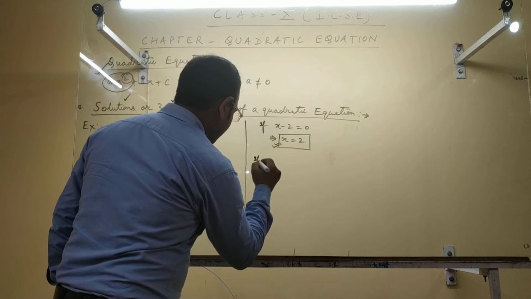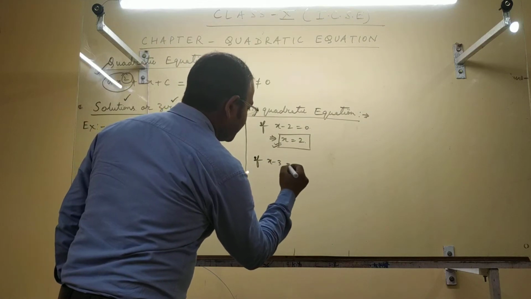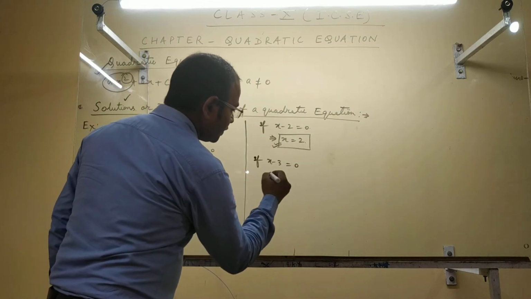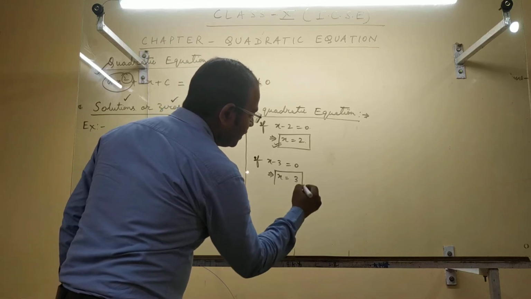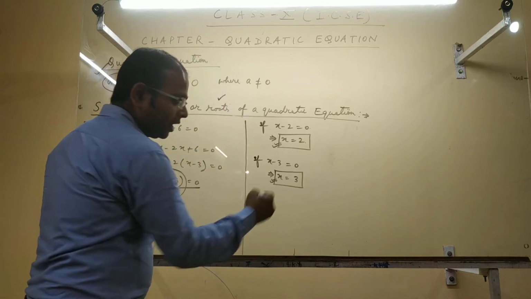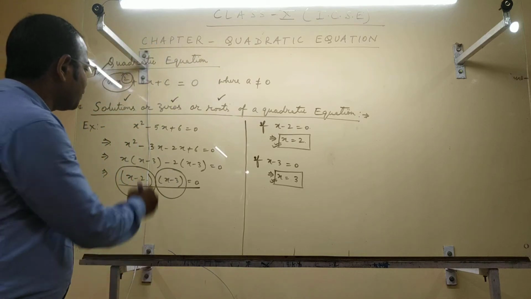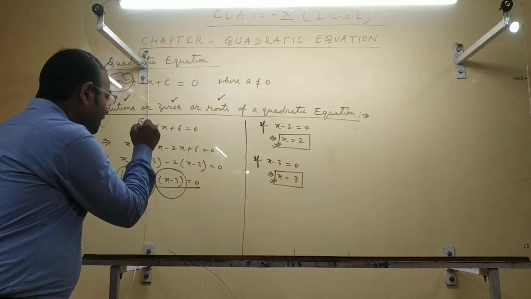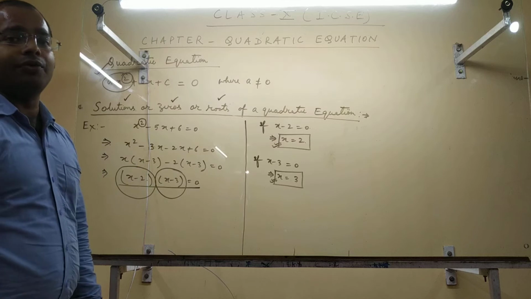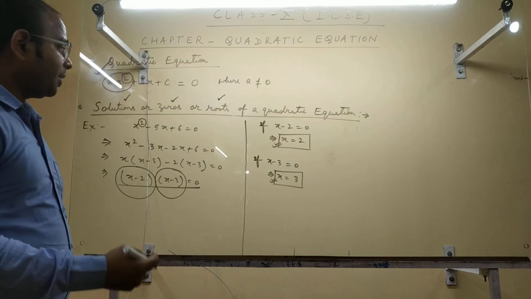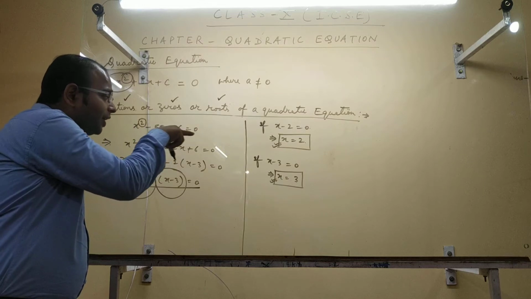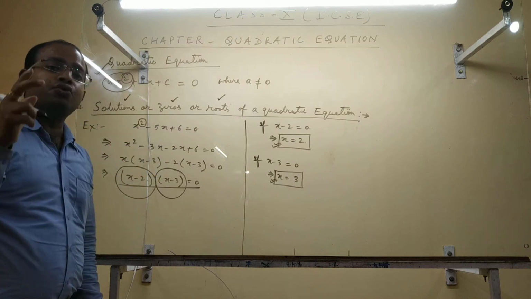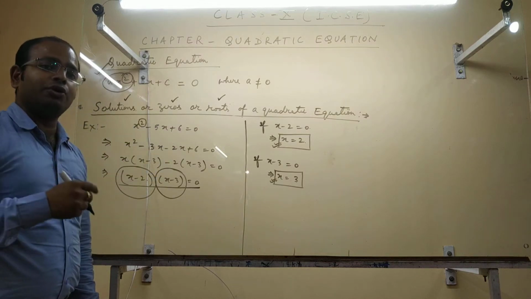If x minus 3 is equal to 0, then x is equal to 3. This is the other solution. If we look at the degree of a quadratic equation, it has a degree, or highest power, equal to 2. So from it, we can clearly say that this quadratic equation has two roots, two solutions, or